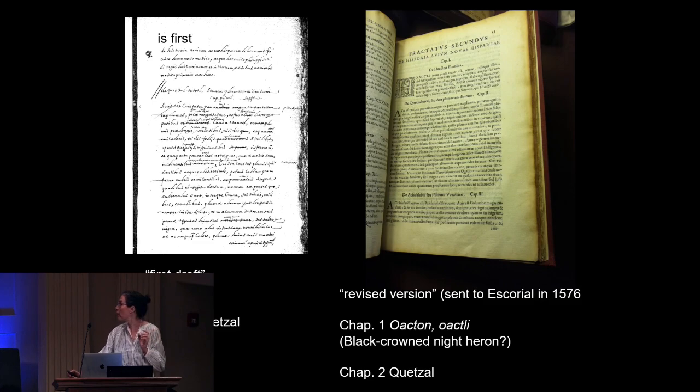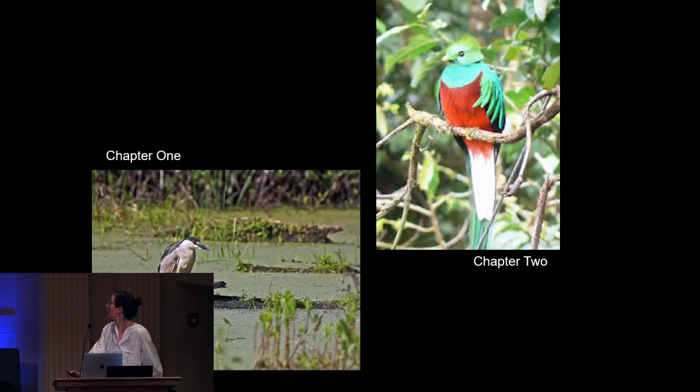So in the draft of the natural history, the Quetzal is first, which doesn't surprise me at all, given what I've said already. In the revised version, a bird Huactan, or the female, or Huactli for the male, which has been identified as a black-crowned night heron, is first, and the Quetzal is second. So I really struggled to understand why this might be so. And ultimately,